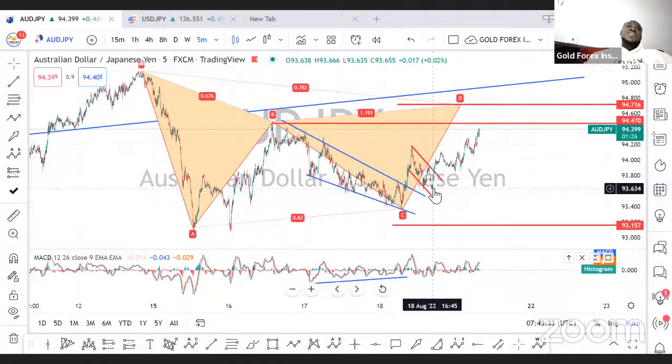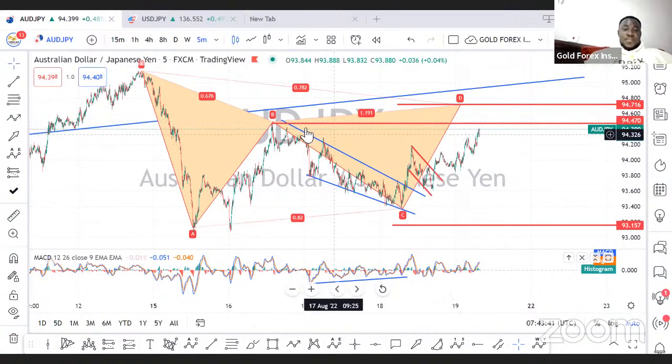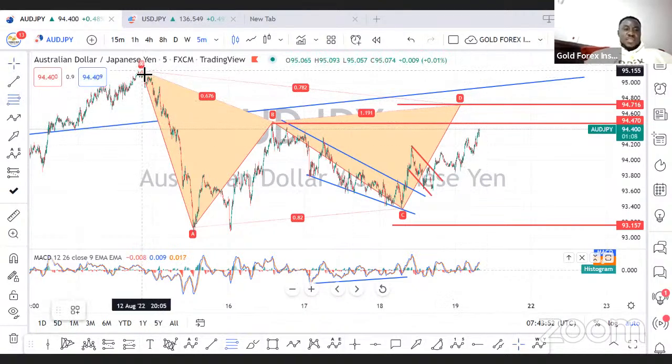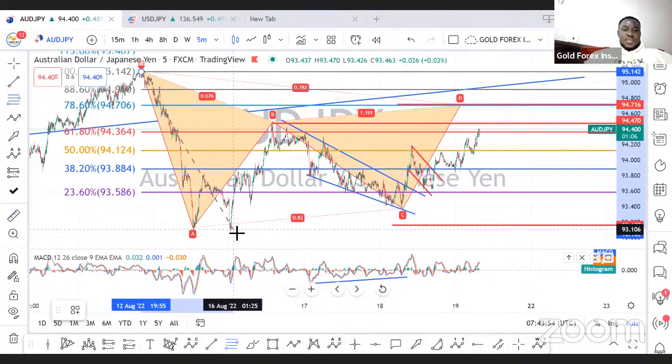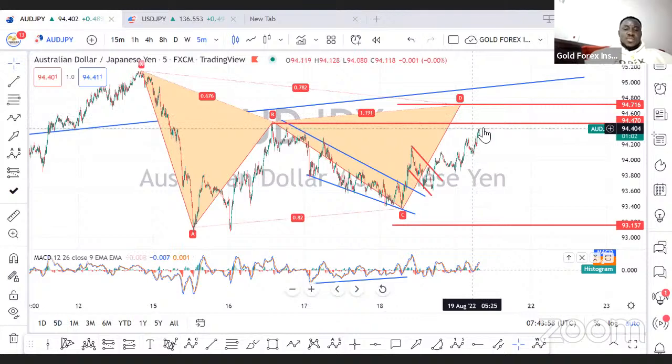Corrections, see, the market will never go in a straight line. It will never go in a straight line. So it's correcting to the take profit one. Remember in the signal group, this is the take profit 1B, and the second take profit. Let me see the pattern that is forming. It's okay, so this one too is forming a Gartley pattern at D. So once I hit this, look out for smashing the take profit two.